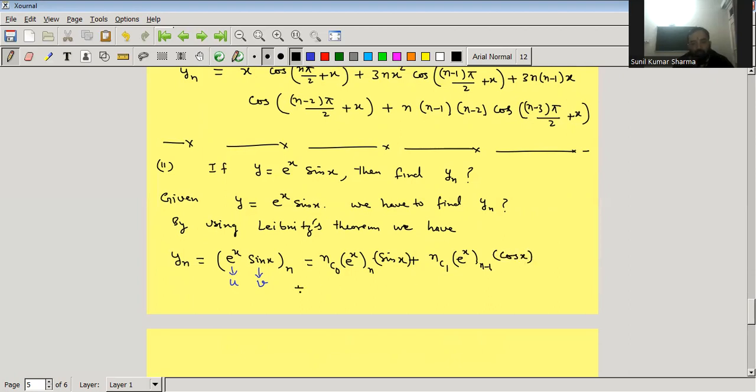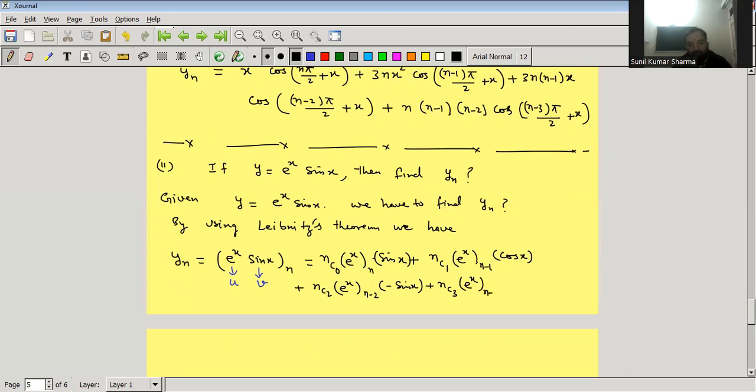Now plus nC2 e to the power x (n minus 2)-th derivative. Now what is the derivative of cos x? Or we can say the 2nd derivative of sin x. We have already differentiated sin x one time to get cos x. Now we differentiate cos x another time, so we get minus sin x. So this is the 2nd derivative of sin x, plus nC3 e to the power x